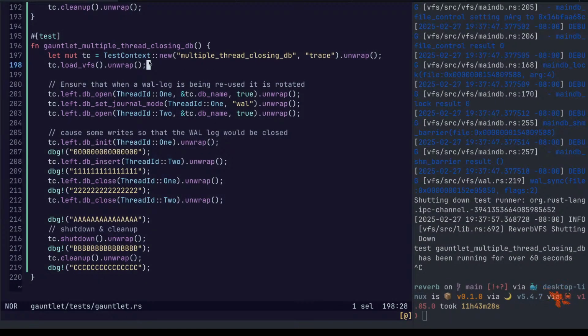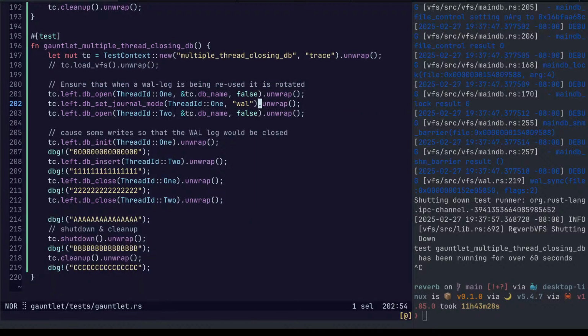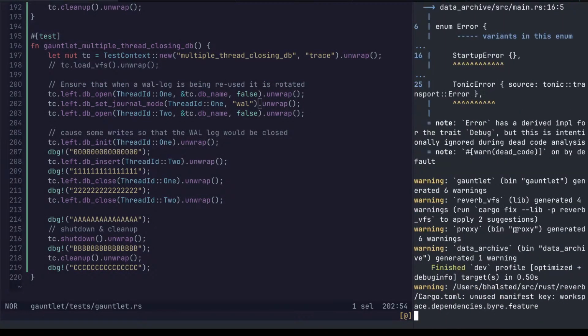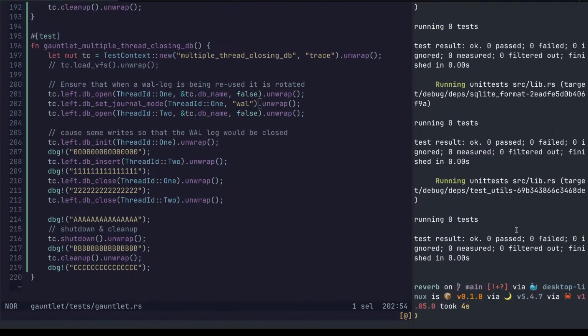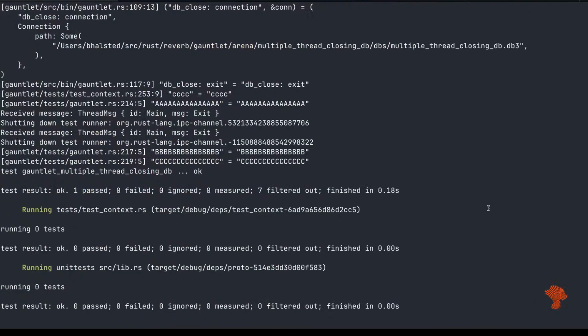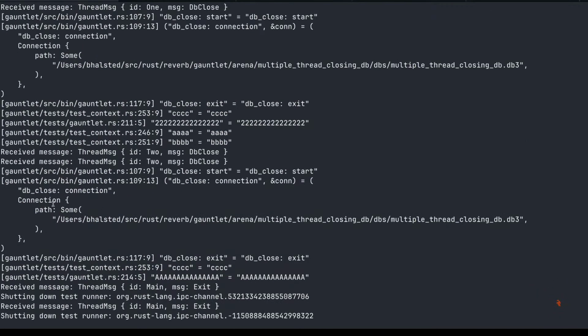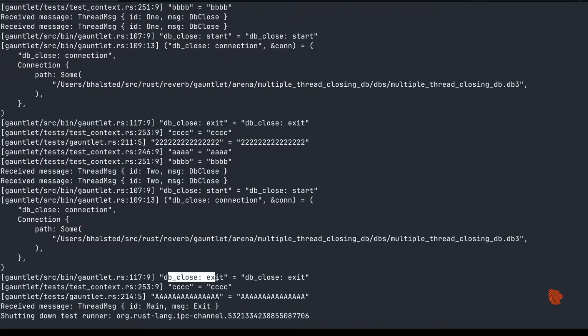Let's verify this. Okay. Problem is fine. We just get some debugging information. Let's validate this. We should see close start and close exit twice. Once and twice. Okay. Exit, exit. Great.